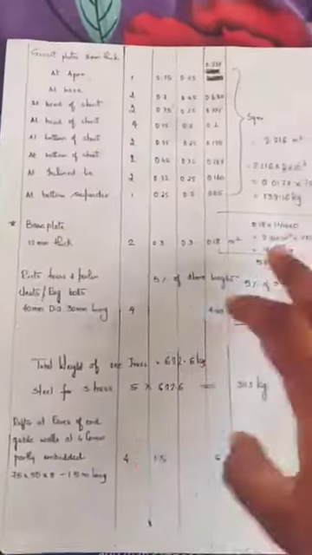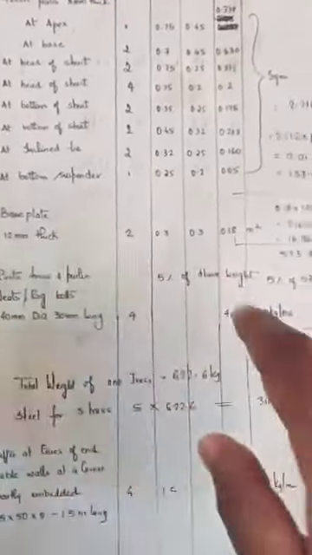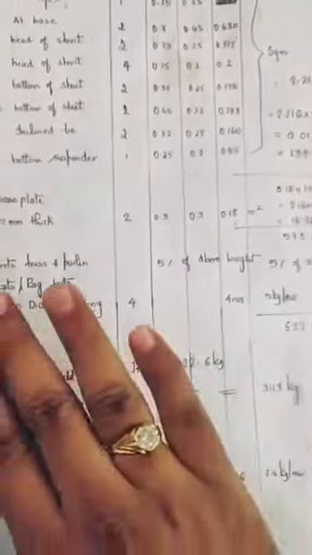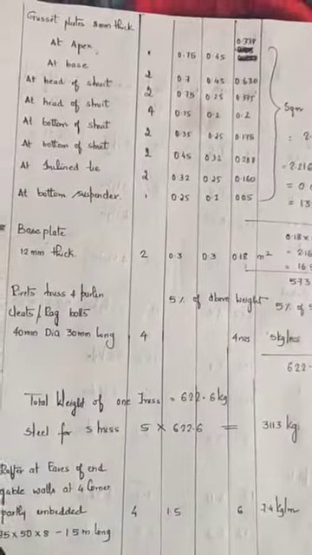So hope you are clear with the things that were explained today. Let's have a brief of what I covered in this video. Base plate thickness is 12 mm. So we have two numbers of base plate, one on one pillar, one on the other pillar. Two pillars are required to support one truss.